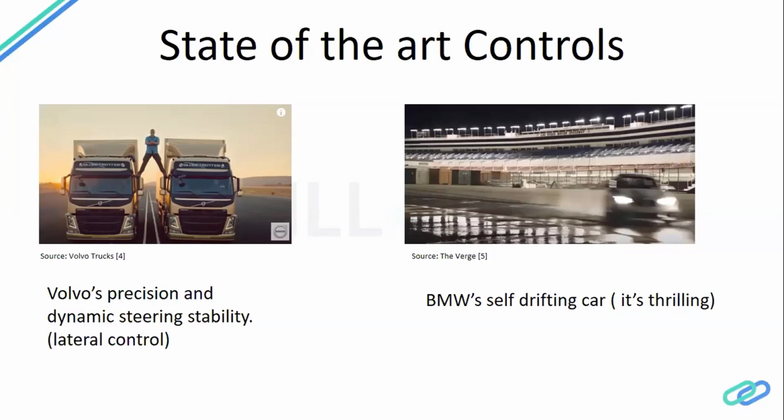And through this video, we were just showing one of the most amazing feats we have achieved recently. This video is from 2017, I assume, and Volvo is trying to show how smooth its reverse stability control is while reversing the truck through its lateral control. It's just amazing. So this is what you can achieve using the controls which we are going to study, or which we are going to see how it works in the industry today.